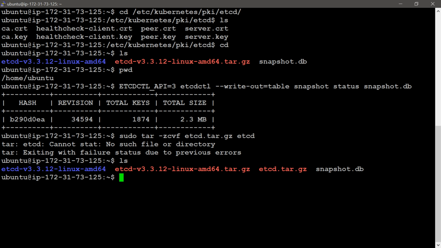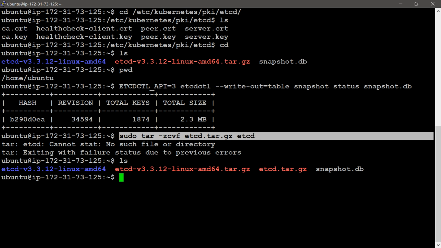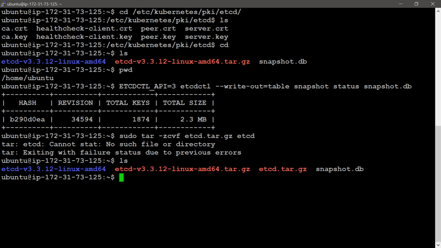This tar command, sudo tar -zcvf etcd.tar.gz etcd, zipped up the entire etcd directory. For that I gave etcd. Now you can see with the ls command etcd.tar.gz, it is in archived form.